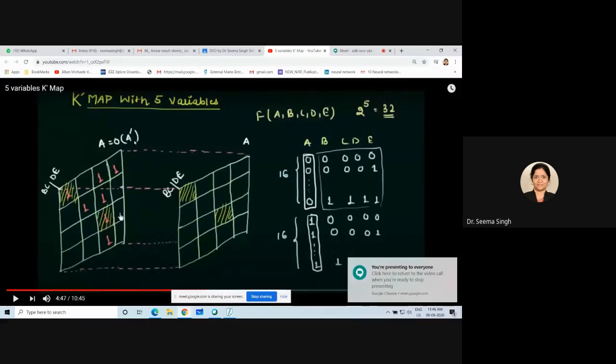You can see this mirror image they are trying to show. This one is A equal to 0 and this one is A equal to 1. So this cell with BCDE 0000 and this cell with BCDE 0000 can be grouped, paired with each other. Same way, this cell and this cell can be paired with each other.